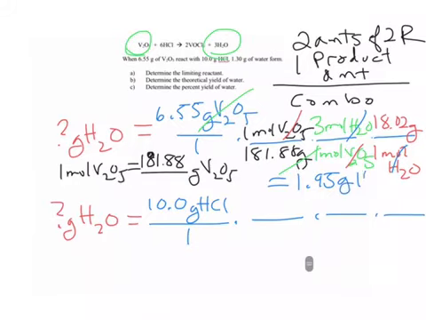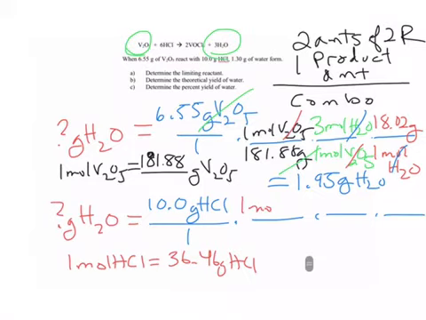So that's a possibility. So now we have to look at what the hydrogen chloride will predict. And once again, for the hydrogen chloride, we need to look up the grams in 1 mole of hydrogen chloride. So that's going to be 1.01 for the hydrogen and 35.45 for the chlorine. So that ends up being 36.46 grams of HCl. And to get that to cancel, we're going to put 1 mole of HCl in the numerator and 36.46 grams of HCl in the denominator. The grams will cancel, and we are back to